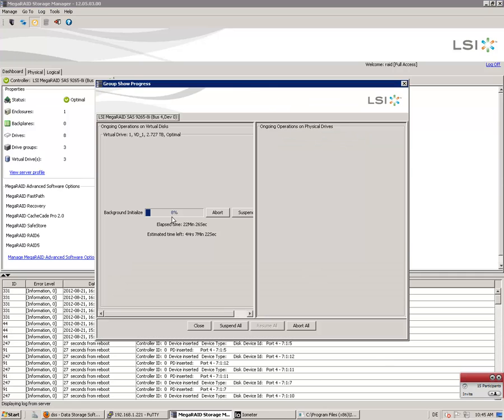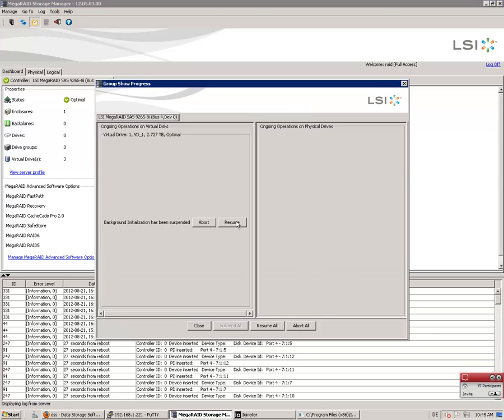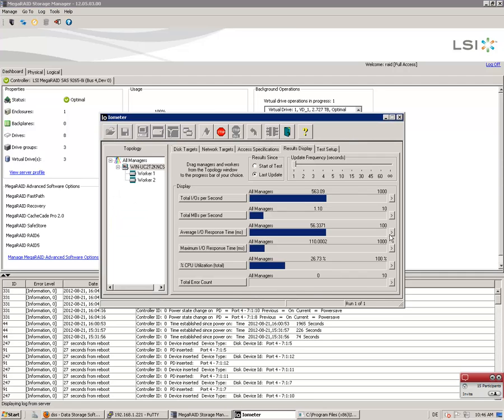Now it's 8% when I click on suspend. Okay, so now the background task is paused for the time until I will resume. So when I close and when I refresh again and when I go here, I have resume button, right? But I'm not going to resume the operation right now. I'm going to see what's going on with my